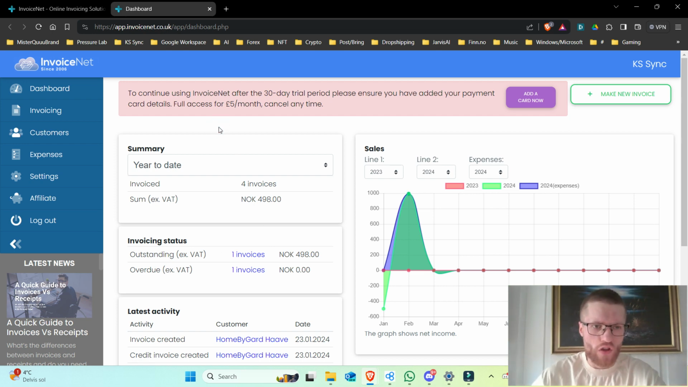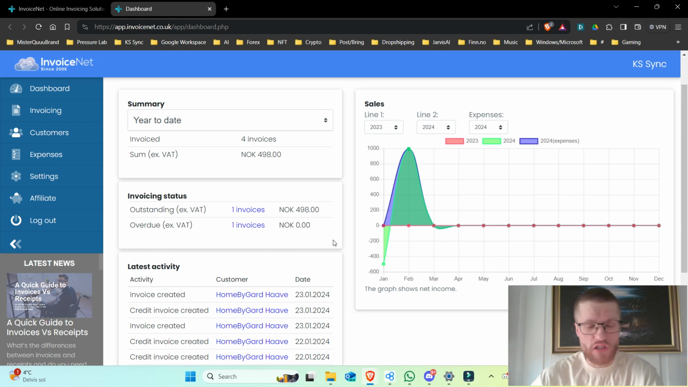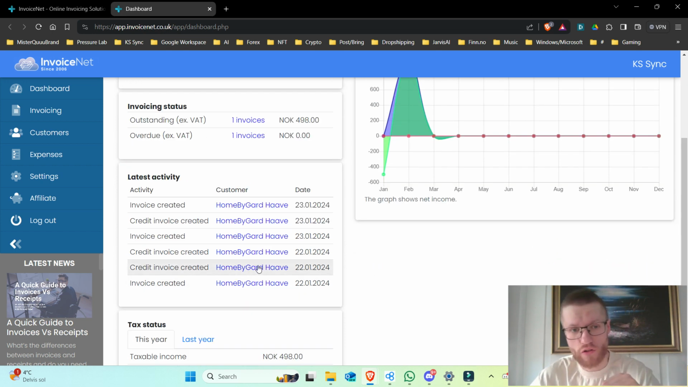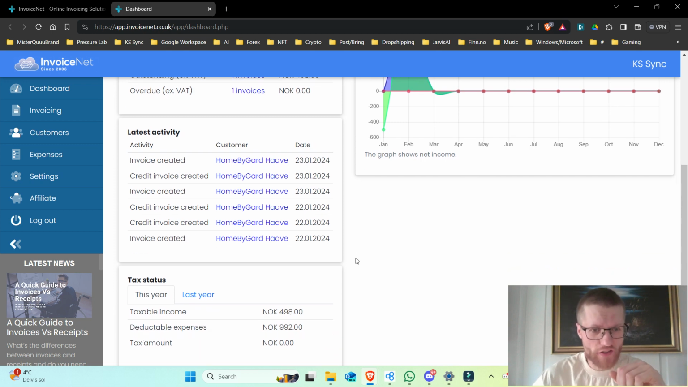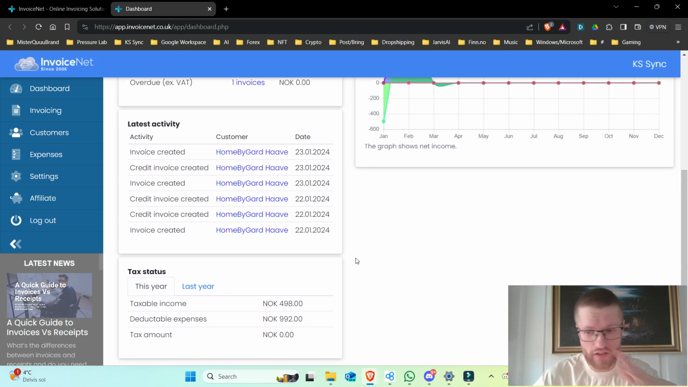display here. You have everything. You have the summary, the sales with the graph, invoicing status, for if you have any overdues or outstanding invoices, there will be on the list there, as well as the latest activity. Everything you've done will be logged if you created the invoice, credited it, or whatever. Here's the tax status for this year and last year,